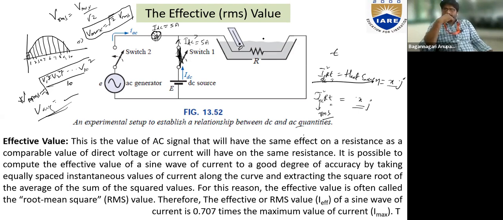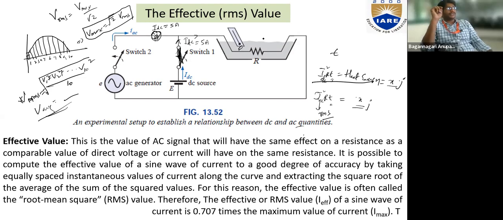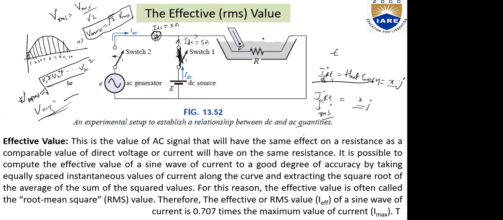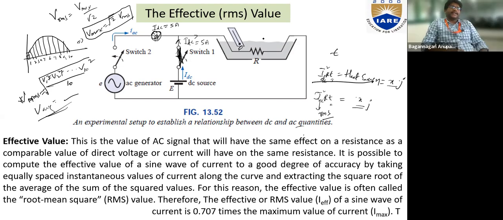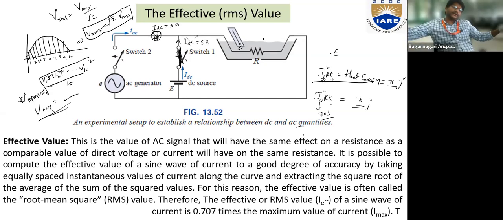If I have an ammeter, I think you have used a digital ammeter in your lab. Suppose it is an indicating instrument, the value that is displayed when I give an AC supply is the RMS value. Most indicating instruments give RMS values, not the average or peak values. But in questions, they always give voltage like 220, 230, so we have to convert. When are you required to convert? When you need to find V maximum.